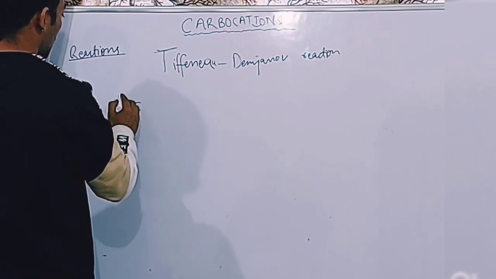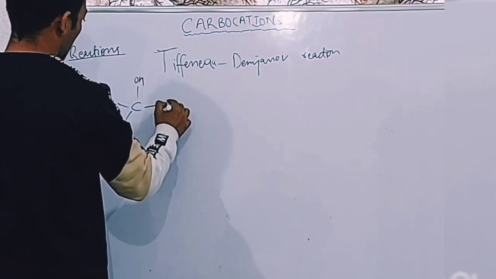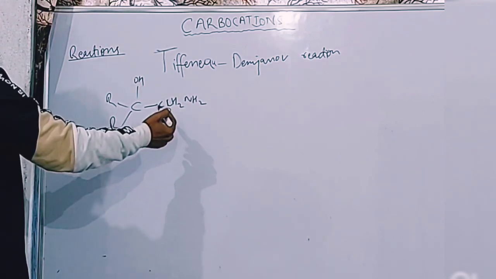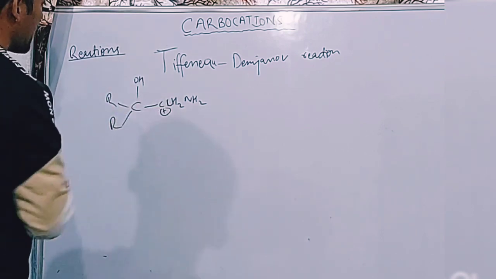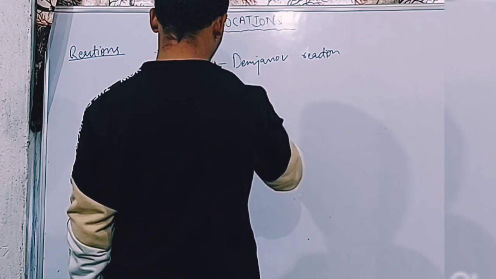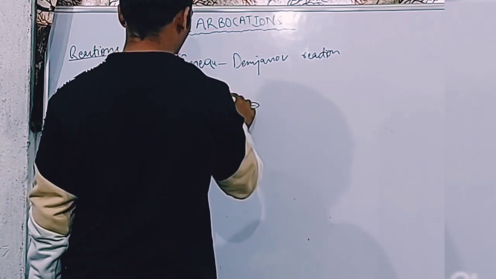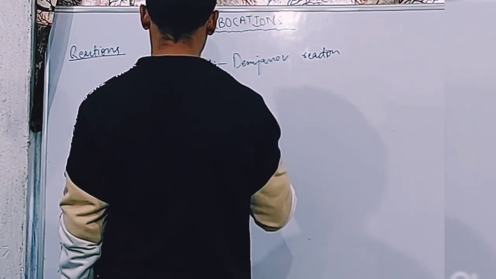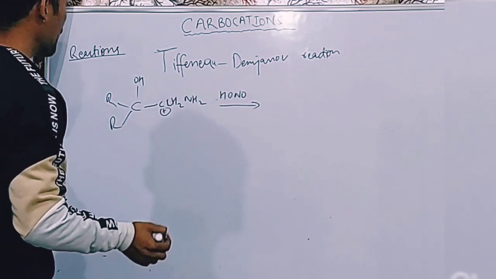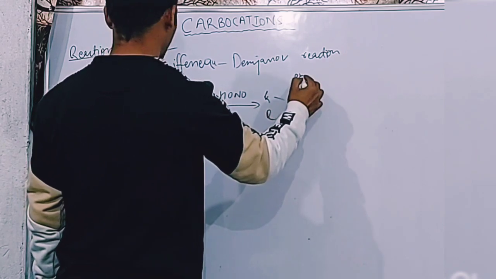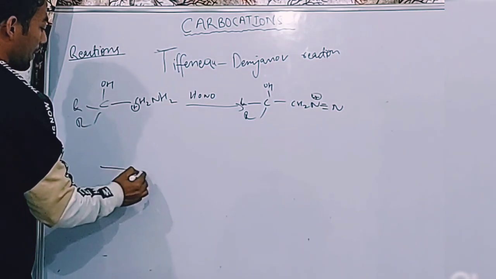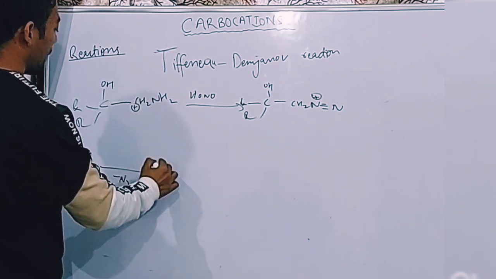We have an aminomethyl carbinol as the reactant, and when we react this aminomethyl carbinol with nitrous acid, we will get this, and in the next step nitrogen will be released, and we will get